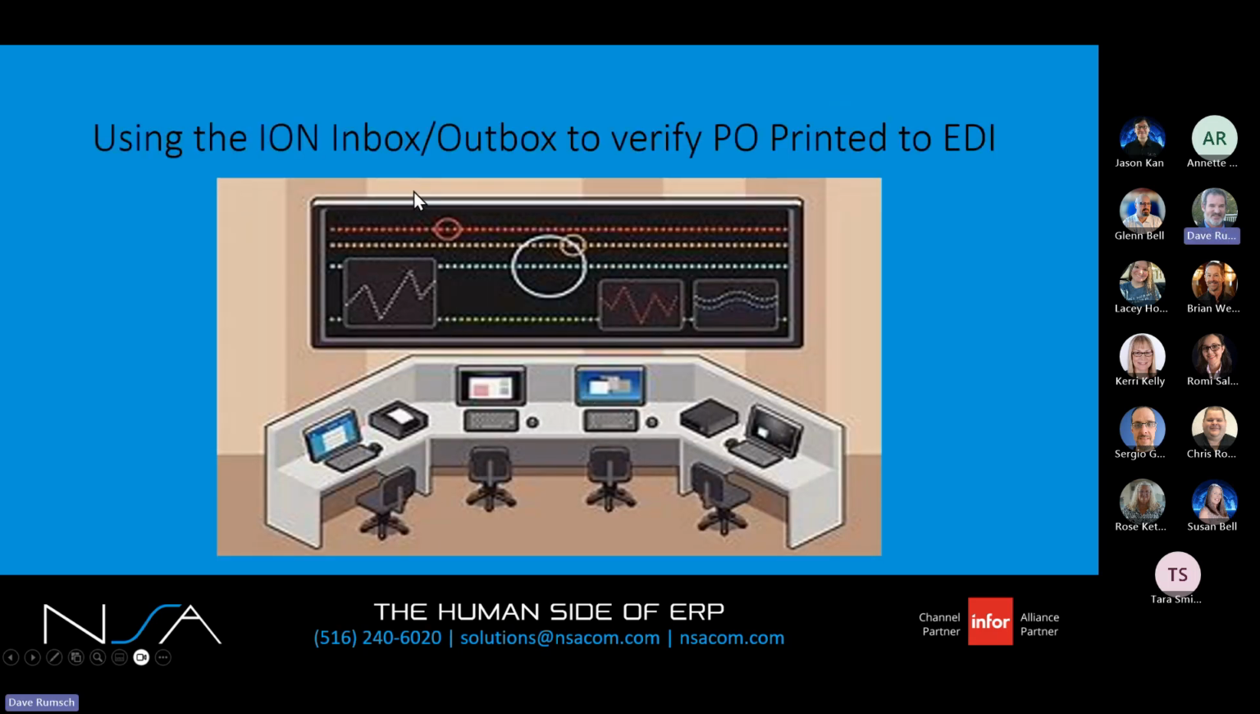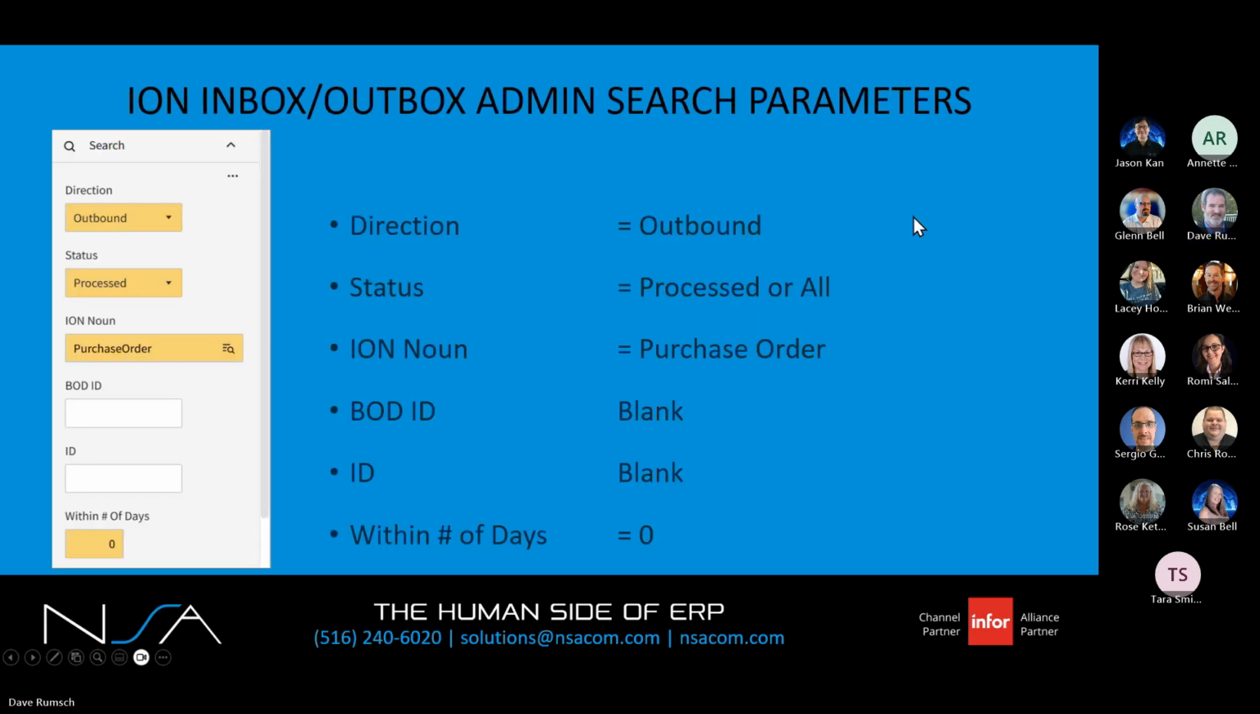So now let's talk about troubleshooting a little bit. Once that purchase order is printed, how do I verify that it actually went out and it went to ION and got processed there? Well, I'm going to walk through that process and go through a little bit of the setups here as well. When you go to the ION inbox outbox,